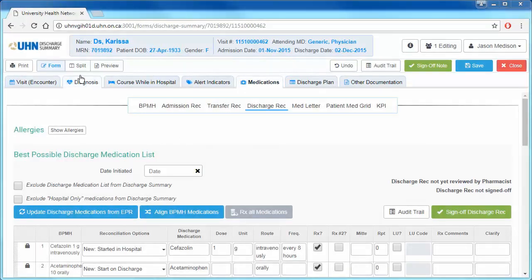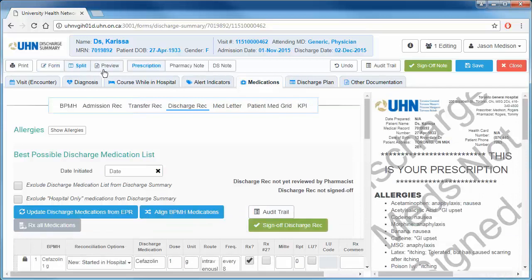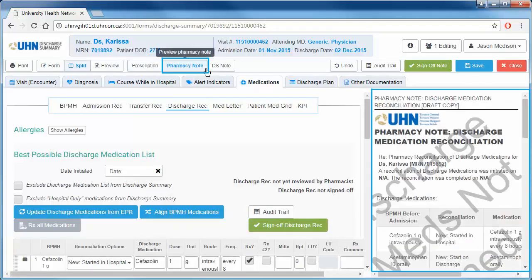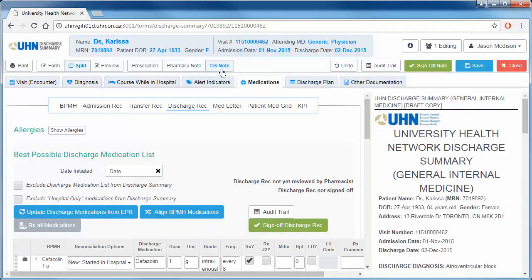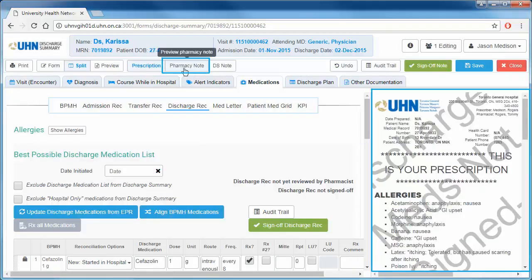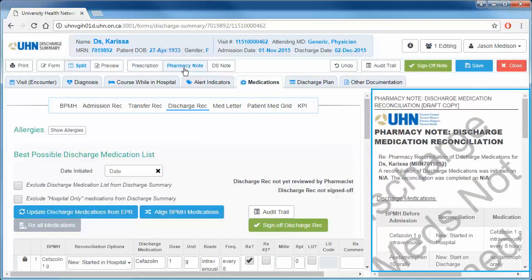Preview mode toggles between viewing the prescription, the pharmacy note, and the discharge summary note. Both a prescription and discharge reconciliation note can be generated from the Discharge Reconciliation subtab. Each note pulls a unique selection of data from this subtab when the desired preview mode is selected at the